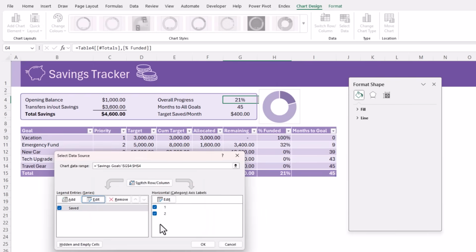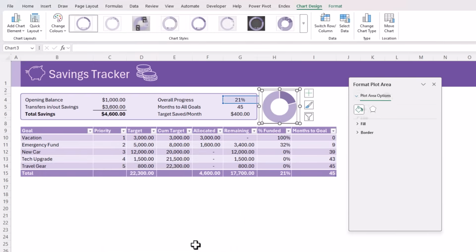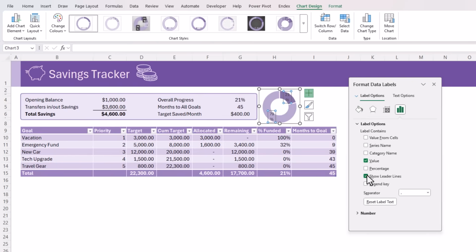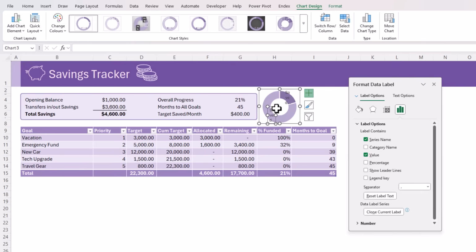Click OK. Now I know that one is saved and one is not saved technically, but bear with me, there's method in my madness, because then I'm going to add data labels, but I'm going to go into more options. And over here under label options, I want to get rid of leader lines and show the series name. Now I only want one of these labels, so I'm going to select the one that's for the balance, not saved, and delete it. And then this one, I'm going to resize it and we'll bring it down into the